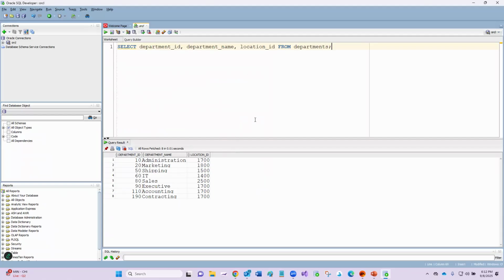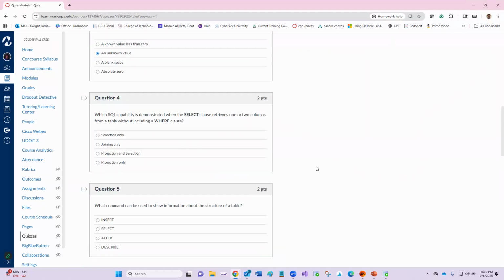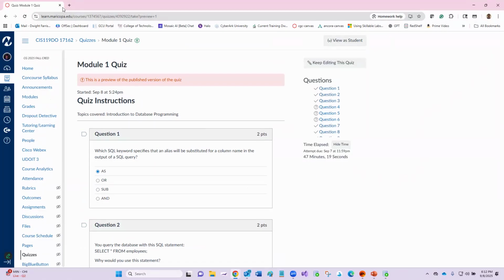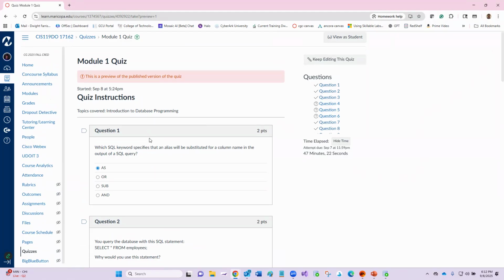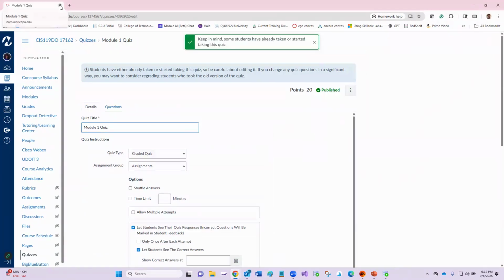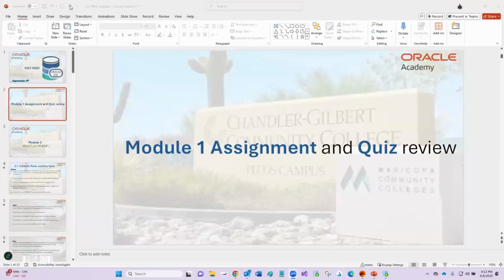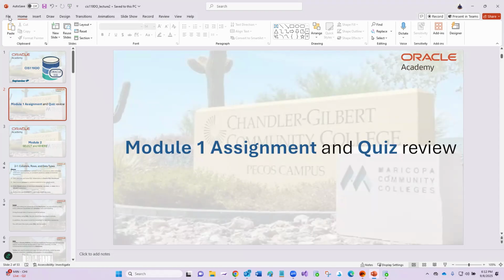Department ID, department name, location ID. Okay. All right, so that was the quiz, and you all did mostly good. I didn't really have a big problem with it, but as far as the start of class, I wouldn't worry too much about your score. Once again, I didn't cover all that material, and kind of unfair, but hopefully you're not discouraged. So we will just go from there